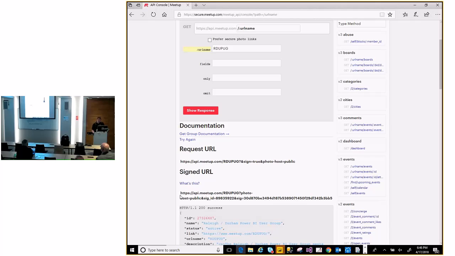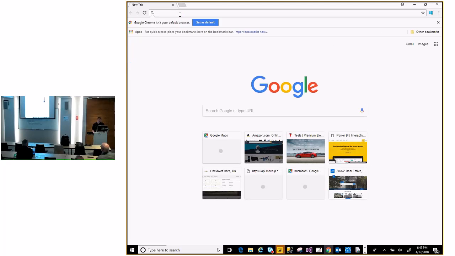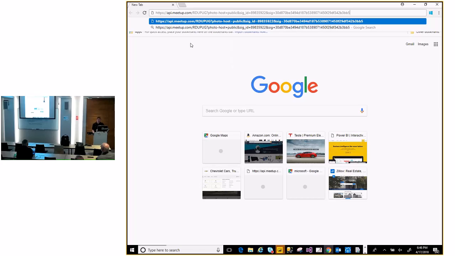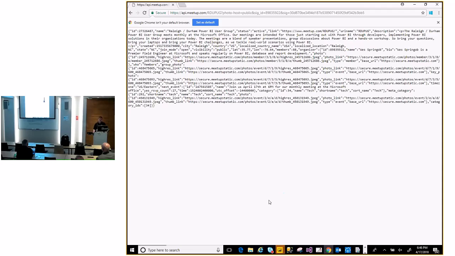So this makes this request repeatable outside of this console. And this I can share publicly, and I could go over to another really crappy browser and just paste that in, even though I'm not logged in. And now I get the same request results. And the cool thing about that is at the bottom of the request, it actually gives you the repeatable value. So you can see this same base URL come back out, and I can reuse that same HTTP-based request over and over again. I can do that programmatically.